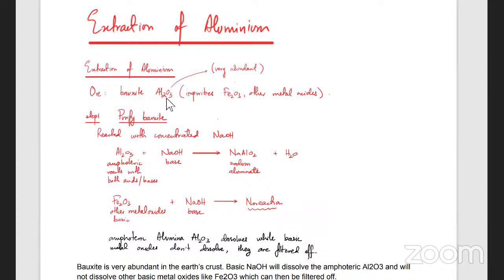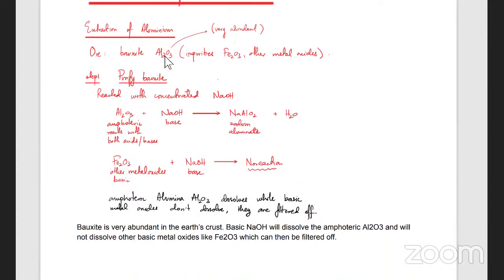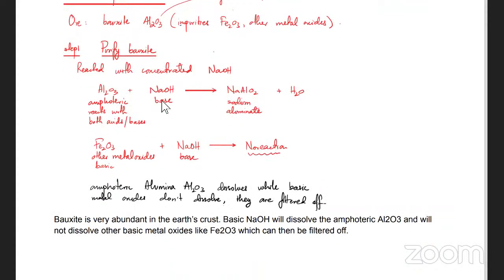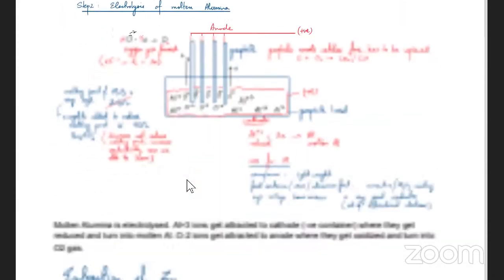What happens is, बॉक्साइट होता है, that's your ore, aluminium oxide which has impurities like iron oxide and other metal oxides. First thing, what do you do? You purify the bauxite, ठीक है। उसको NaOH पे डिसॉल्व करते हो, the amphoteric Al2O3 dissolves, while the other metal oxides don't dissolve because they are basic, ठीक है। So they're not going to dissolve in a base, लेकिन ये amphoteric था, it will dissolve। तो इस तरह फिर इनको फिल्टर आउट कर लेते हैं। तो उस रॉक में जो आयरन ऑक्साइड और अदर मेटल ऑक्साइड्स हैं, they are filtered out, ठीक है।